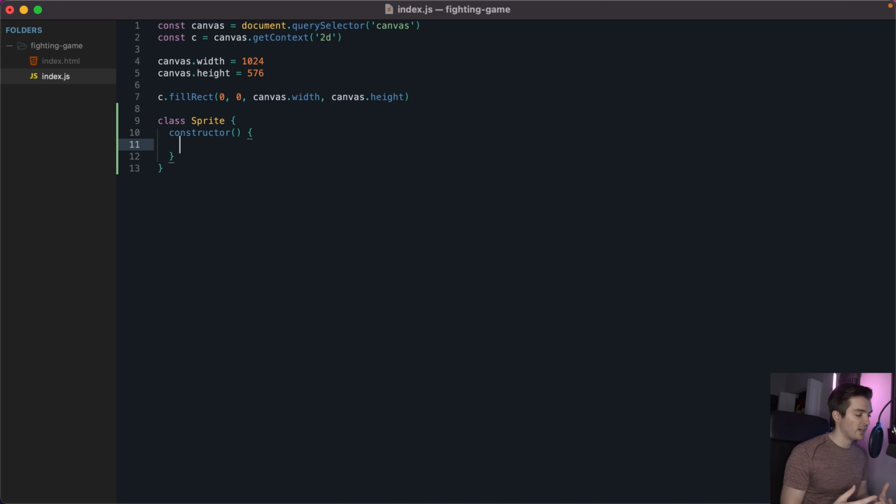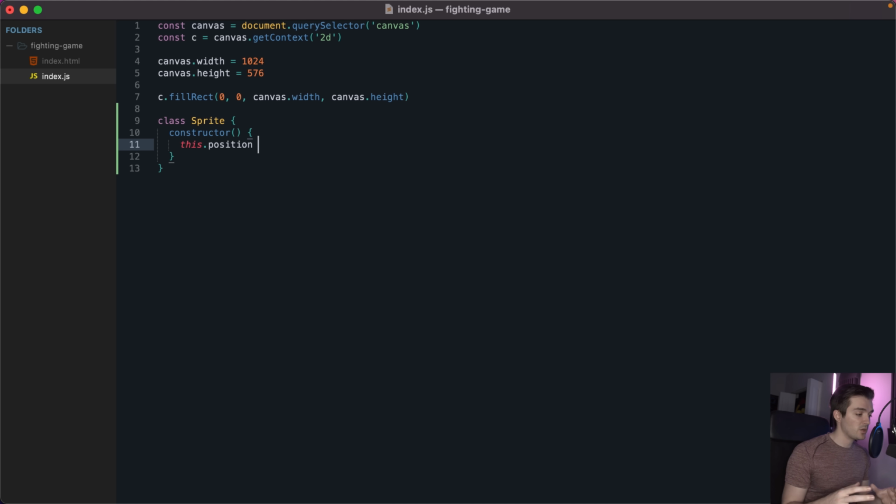And whenever this is fired, we want to define the properties associated with a sprite. Whenever you're doing game development, one of the main properties that you want to put on pretty much any object is going to be position. And whenever you create a property within a class and a constructor, you need to make sure that it's prefaced by this dot. So each time we create a new instance of Sprite, it's going to have a property of this.position. It's going to have some sort of position associated with it,